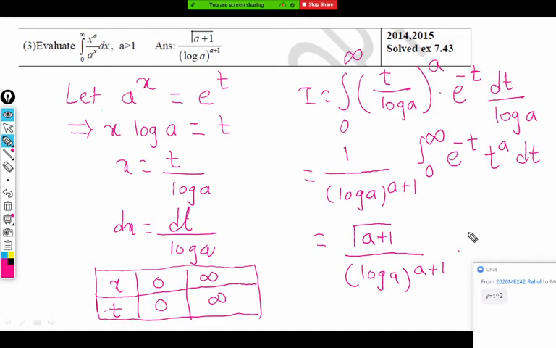If you have a doubt, yes, you can ask. Why is it written a greater than 1? What is the problem if a is not greater than 1? Anyone? Log is not defined. Very good. So actually it is because of the log function it is written, because log exists for greater than 1 only.